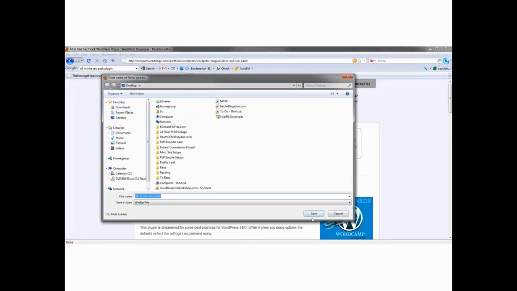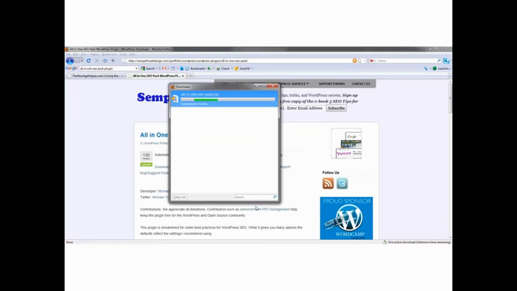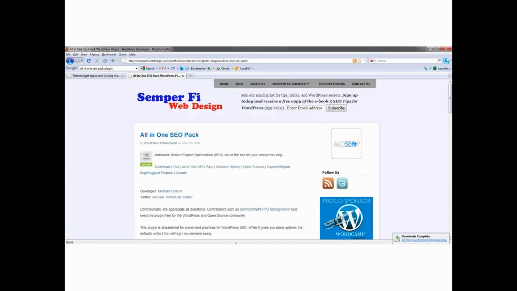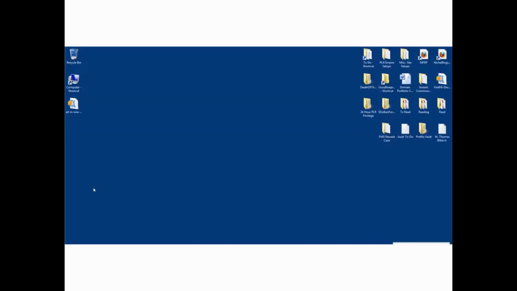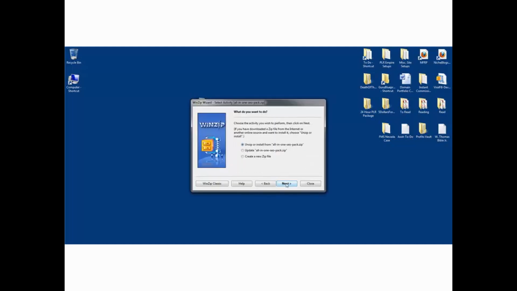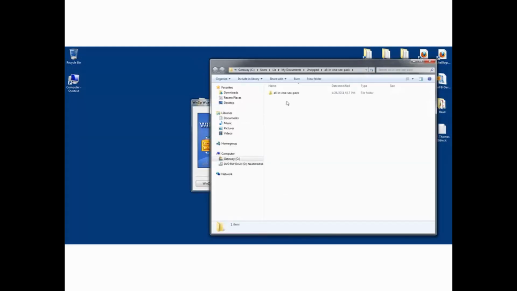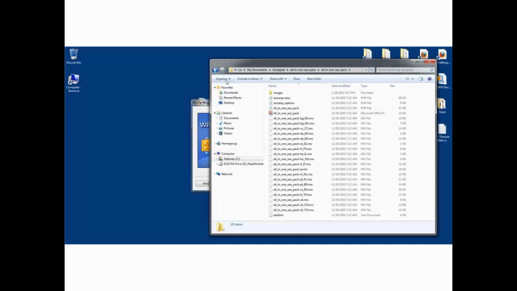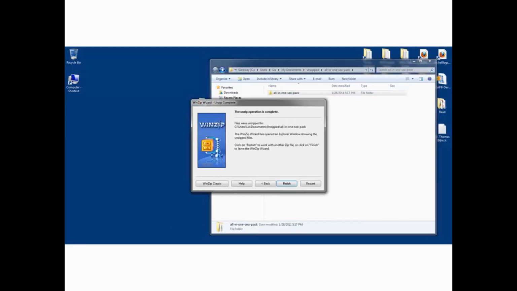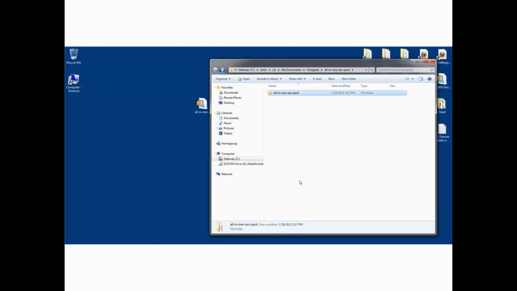And I'm just going to save it right to my desktop. Click Save. Takes just a second to download. Now we want to take this, unzip it, All-in-one SEO pack. Okay, now we want to go back, and now I actually do have to FTP to my blog